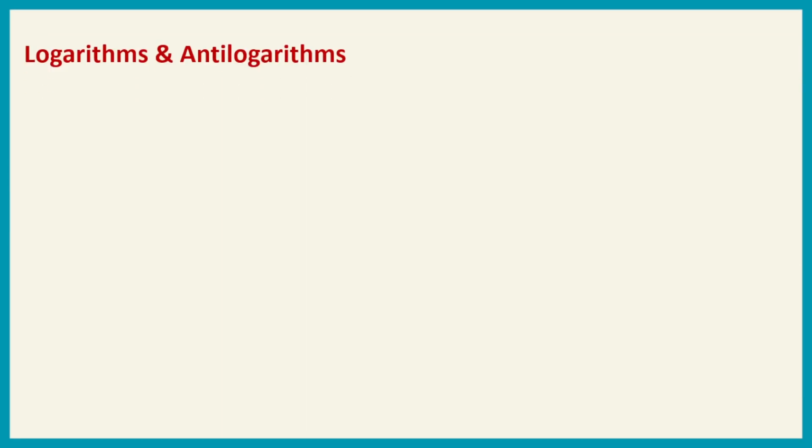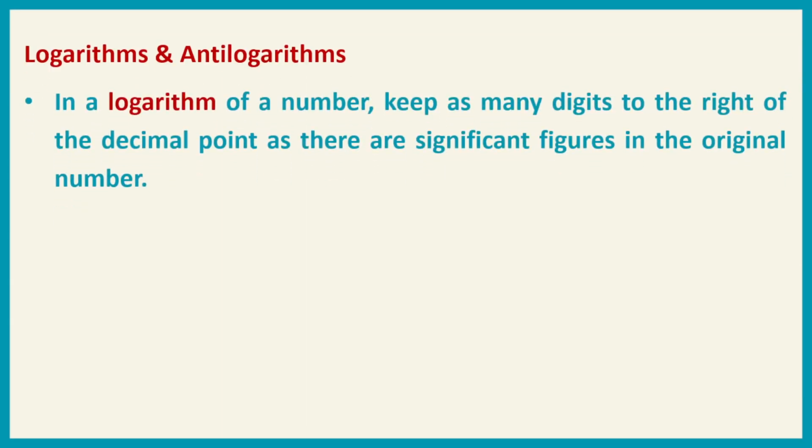In case of log and antilog, let us talk about the logarithm first. In a logarithm of a number, keep as many digits to the right of the decimal point as there are significant figures in the original number. Let us illustrate with a suitable example: log of 4.000 × 10^-5 is equal to -4.3979. As 4.000 has 4 significant figures, the answer is reported up to 4 decimal